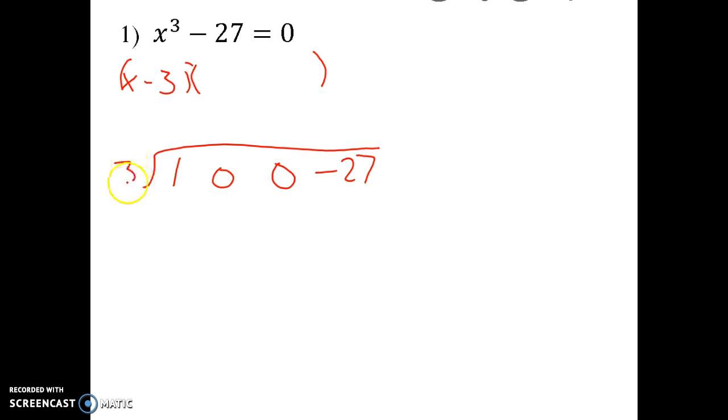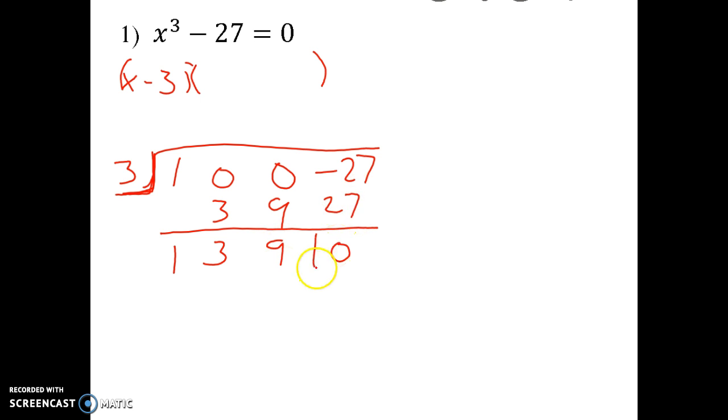So I'm going to put a positive 3 here. Actually, I should have done this. A positive 3 here, and I'm going to use synthetic division. So 1 plus 0 is just 1, times 3 is 3. 0 plus 3 is 3, times 3 is 9. 0 plus 9 is 9, and 9 times 3 is 27. Negative 27 plus 27 does give me a remainder of 0, which means x minus 3 really is a factor. My other factor is going to be x squared